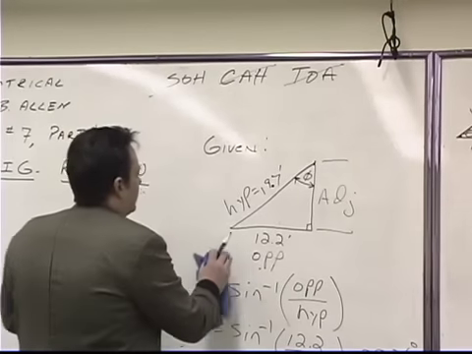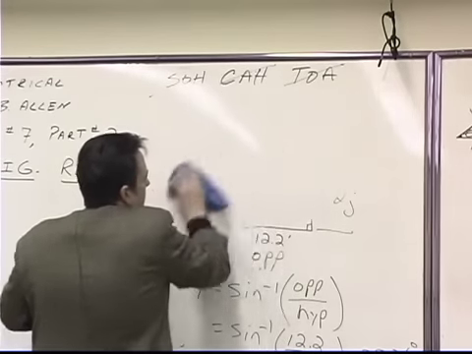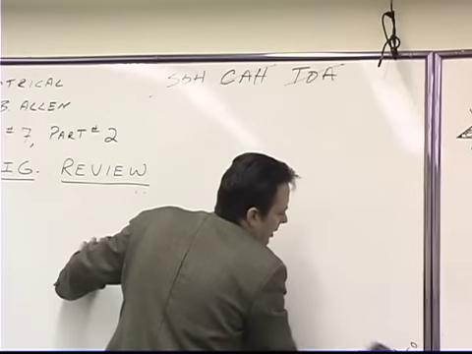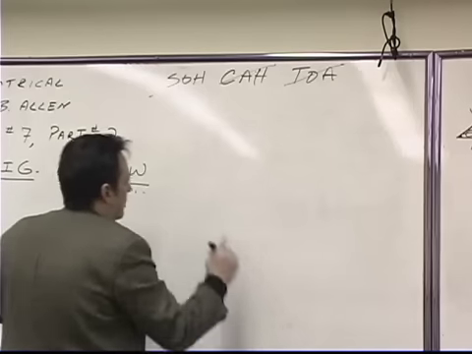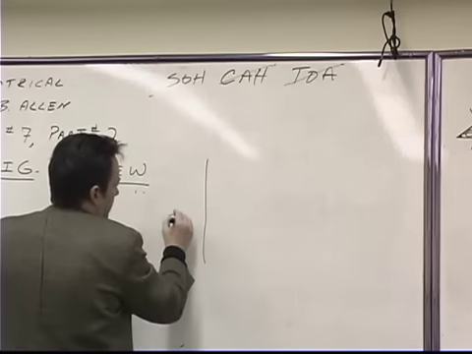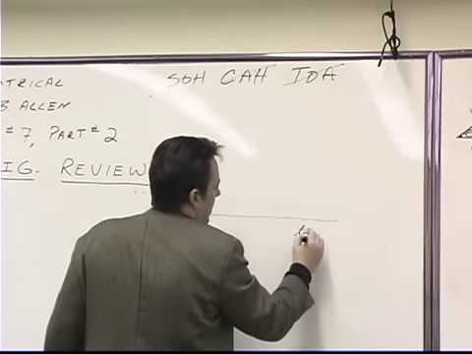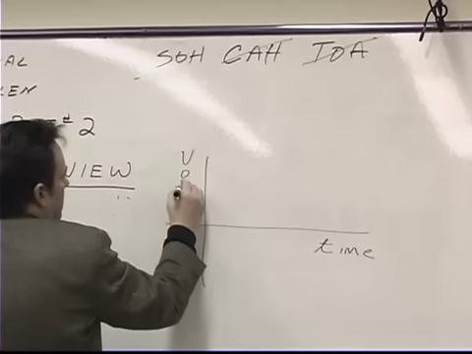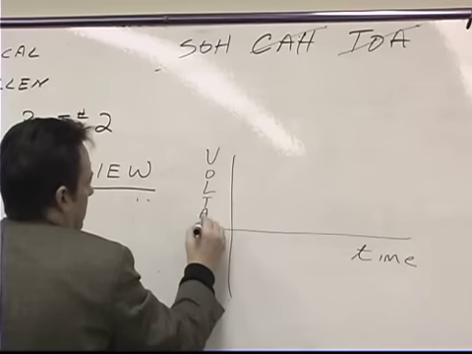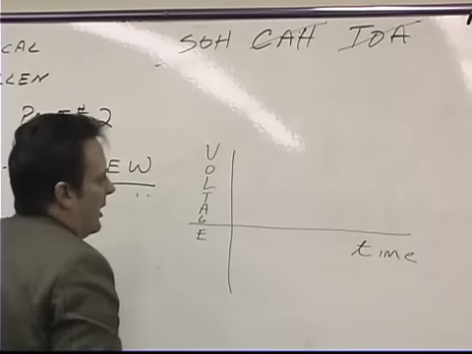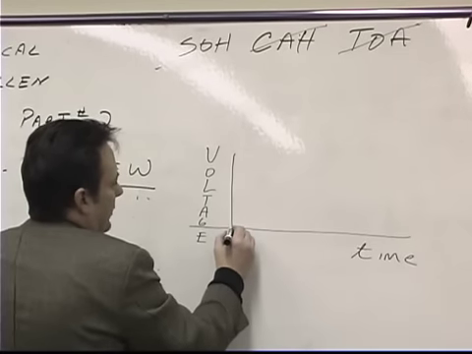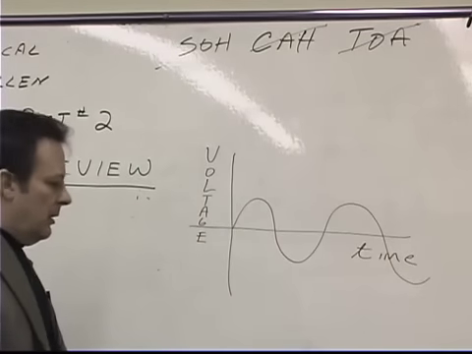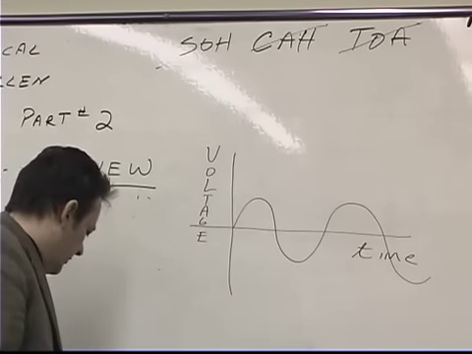What I'm going to do is show you what the sine function looks like when we plot it on an oscilloscope, or what's known as the time domain. If we have a plot of time versus voltage, this is what a sine wave looks like. Okay? If the black represents,